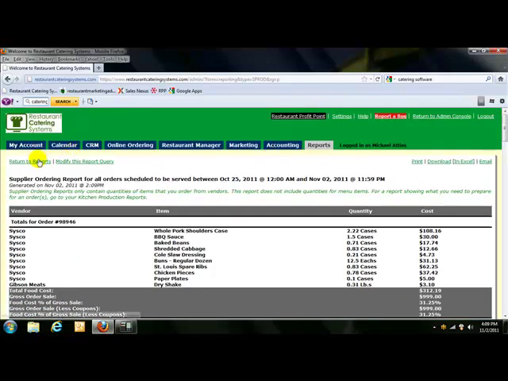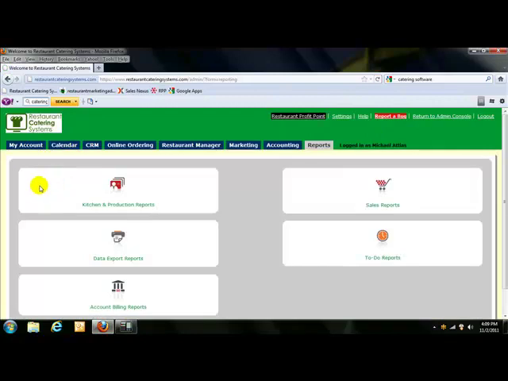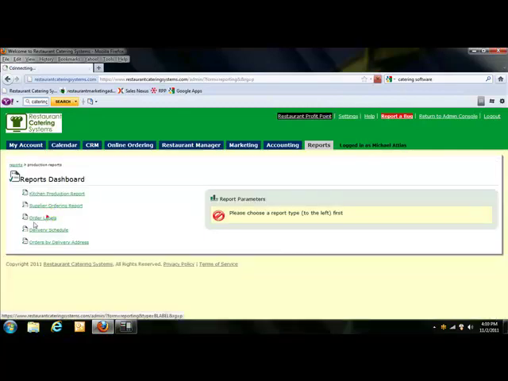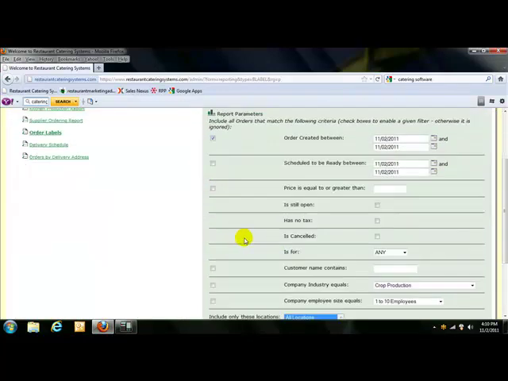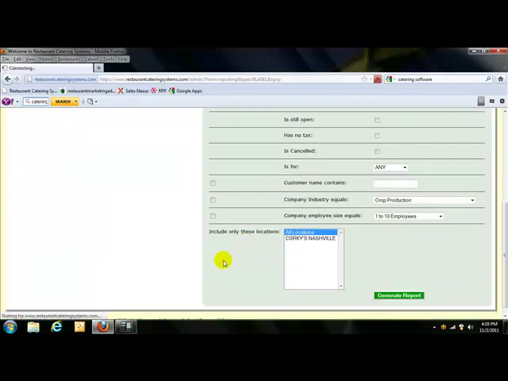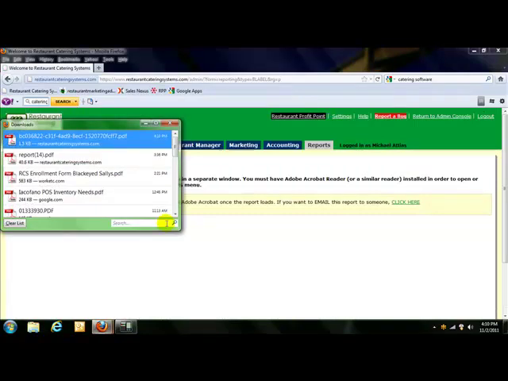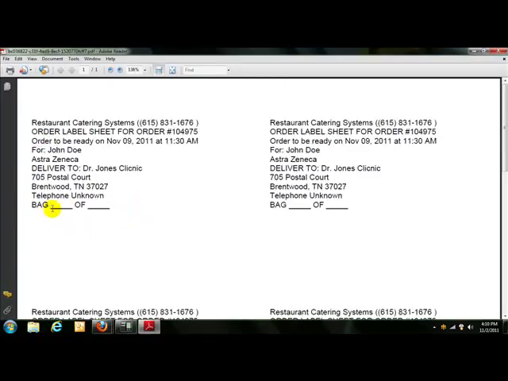One of the other reports that's going to help you with the busy day is your order labels. And we created this so there's no confusion going out what's in each bag or box, so nothing gets left behind. So I'll show you how that works. So this is for John Doe of AstraZeneca, who we took the order for, and as we look at these labels,